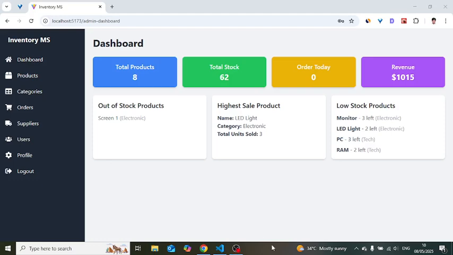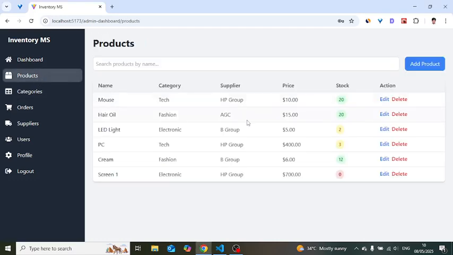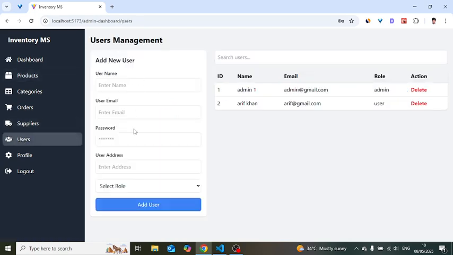Hello everyone. In the last video we implemented the products module. In that module we added the products and we displayed, edited, deleted, and searched, and we implemented these functionalities for the products. In this video we are going to implement the users functionality to add user and delete user and search the users. Users, I mean the customers or the clients that we would like to add to our system,